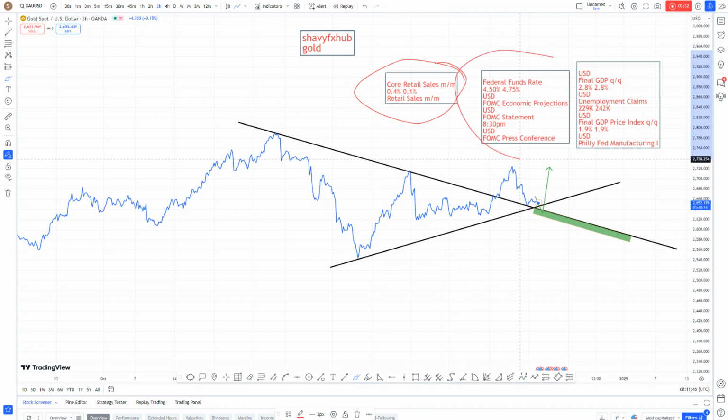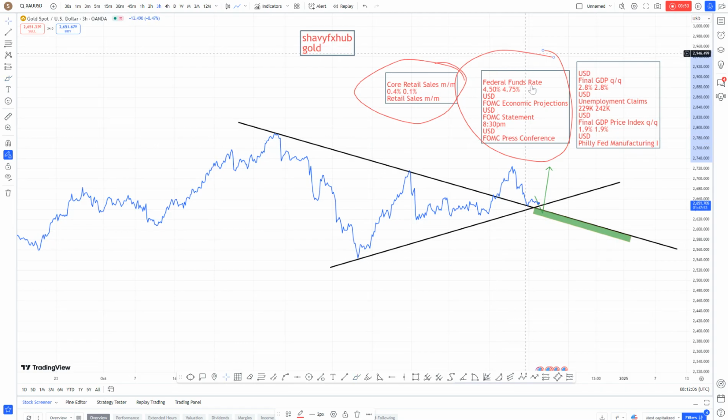So the worst day to trade is going to be tomorrow. Why is tomorrow the worst day to trade? Because of the federal fund rate, very important. So we'll talk about the federal fund rate by close of today and what to expect from it, and the FOMC meeting and how the FOMC meeting will decide and shape the direction of the yellow metal.